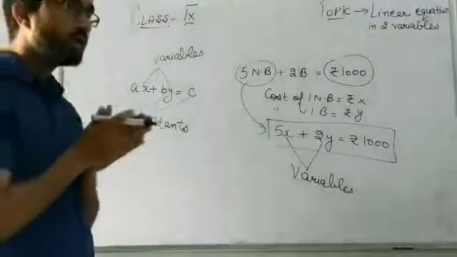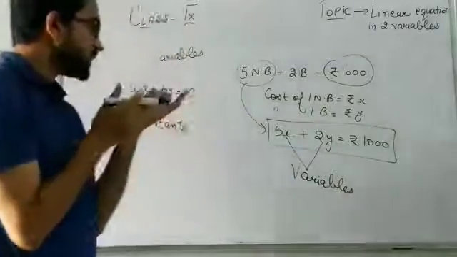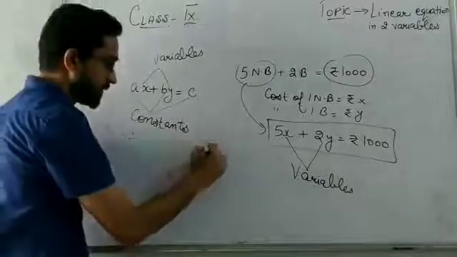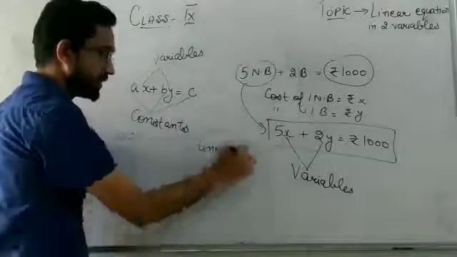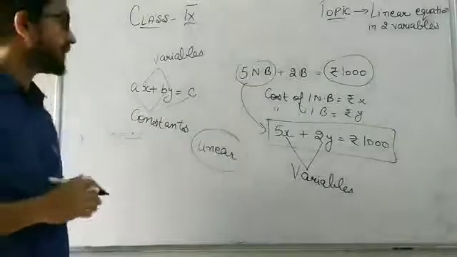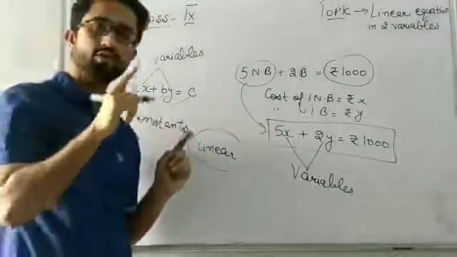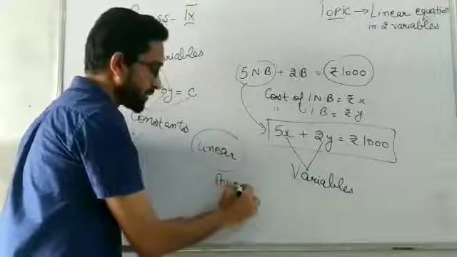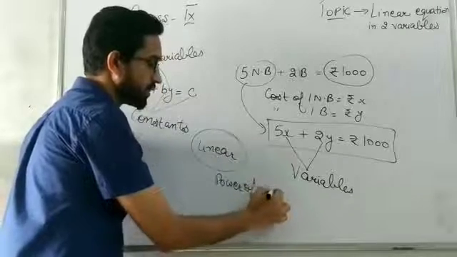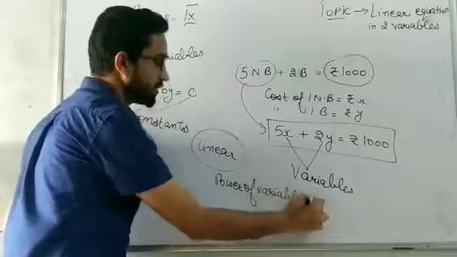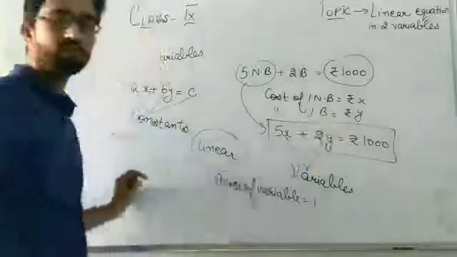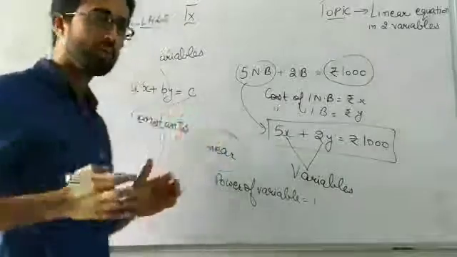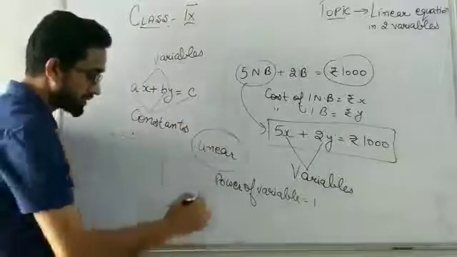So now the thing is, this linear equation has the word linear in it. What is this word linear? Linear means, first, in terms of the power, that the power of our variable will be 1. Okay, the maximum power will be 1. You can see here x raised to power 1 is there, y raised to power 1 is there. But if I want to see it according to the graph, you must have done some graphs in your lower classes.